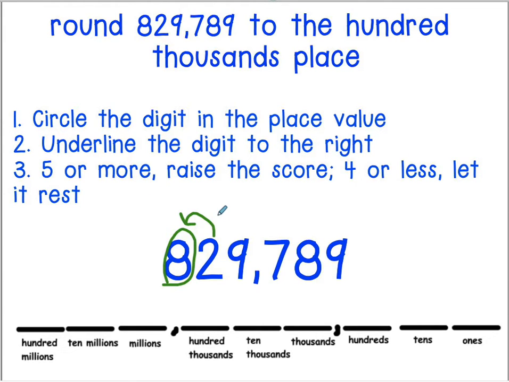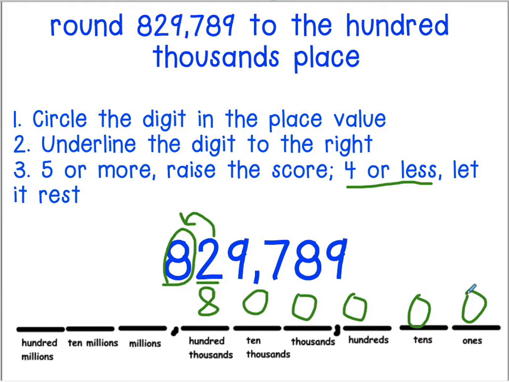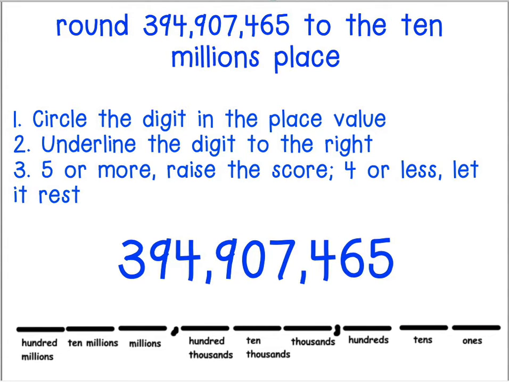Now, sometimes this can be tricky because when we look at the 8 is greater than 5, but remember, the 8 is what's being rounded. He's not the boss. The boss is the neighbor. The neighbor gets to tell our number what to do. Now, our neighbor is a 2, which falls into the 4 or less category. So we're going to let our 8 rest and stay the same, and we're going to turn all of our other digits into zeros because everything to the right turns to 0. Now we have